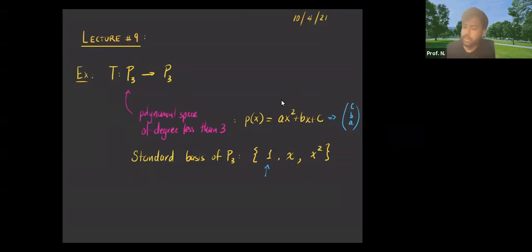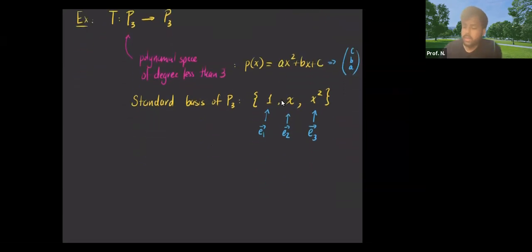And so the first standard basis vector, we can treat as E1. We can treat the second as E2, and we can treat the third standard basis polynomial as E3, the vector 0, 0, 1. So once we have that connection, right, we can see what's the polynomial,